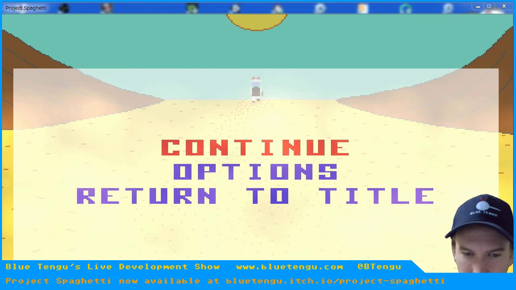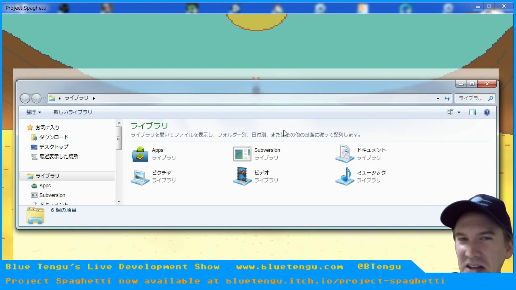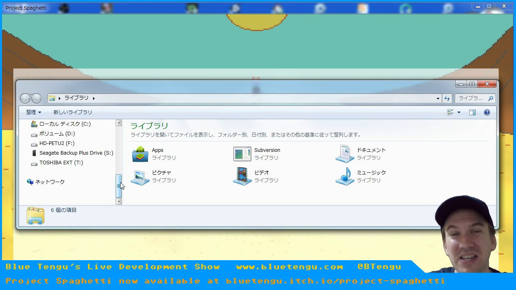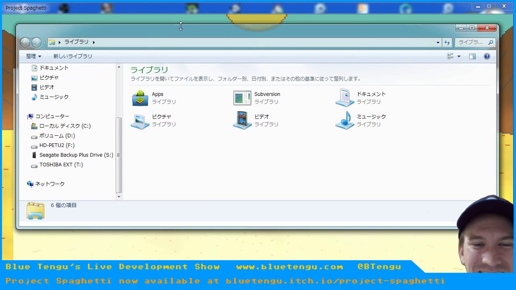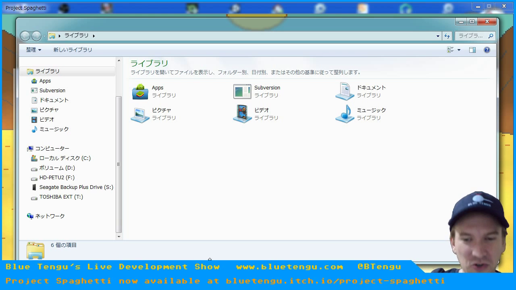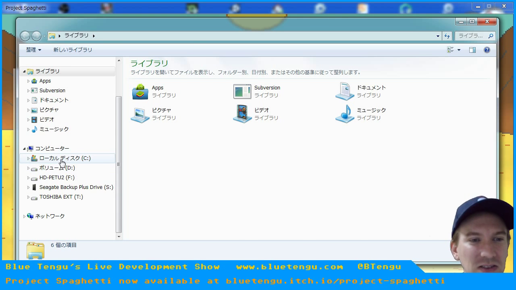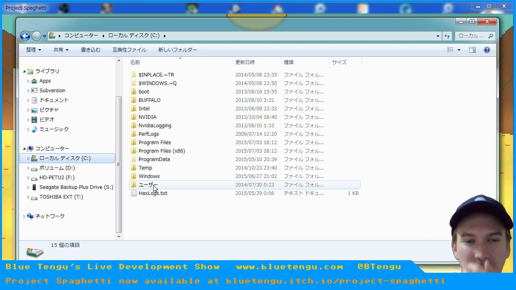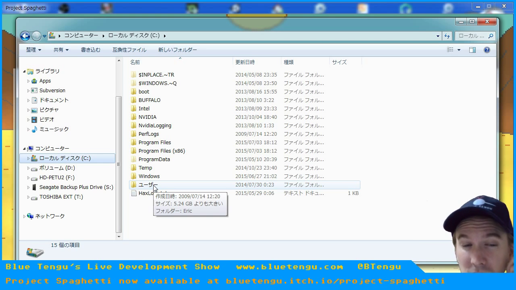Let's see if I can get in here. Project Spaghetti. Key files. And it should be the silver 5 key. And go to Explorer. Yeah, don't worry, I'm not cheating. This file actually comes with the game. So yeah, this is what I'm playing right now, the actual installed version of the game. So I cannot cheat. I have none of my debug commands available, which is why I have to do this key thing. But I mentioned it in the manual in a bunch of places because I wanted to, as much